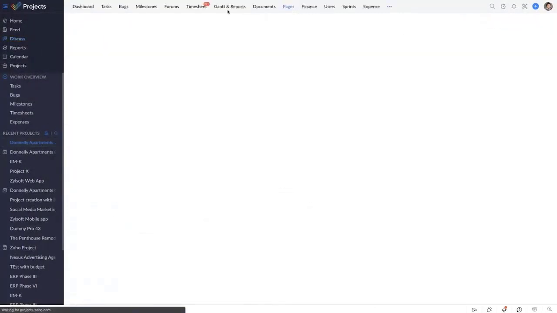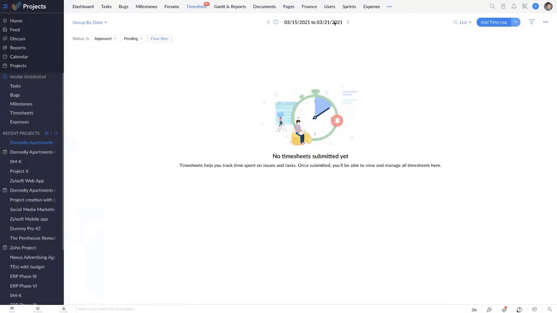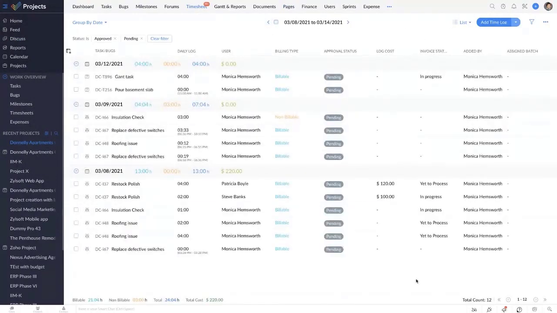And then we have the timesheets. So with everyone working from home these days, keeping a track of the time you spend working when you're at home has never been more important. With projects, you get an option to keep track of every minute you work on every single task that you're assigned to. Every time you start working on a task, you can start the timer and stop it after you're done working on the task. This would automatically log the total number of hours you've spent working on the task and would calculate the billable hours. So there are two ways you could do this.